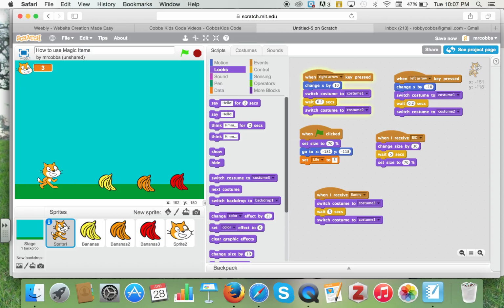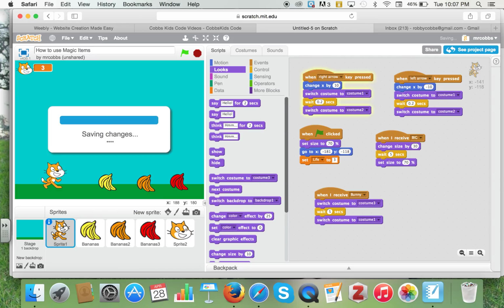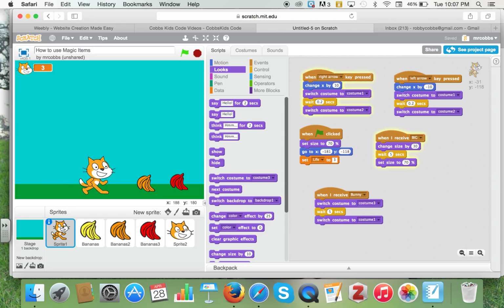So we start here. The yellow bananas make me bigger. The orange banana gives me an extra life. And the red bananas, oh, it gave me the bunny ears, but it went immediately back to right arrow. Just so you can see it very quickly. Alright, so what's happening is I kind of poorly coded this. So let's change that a little bit to